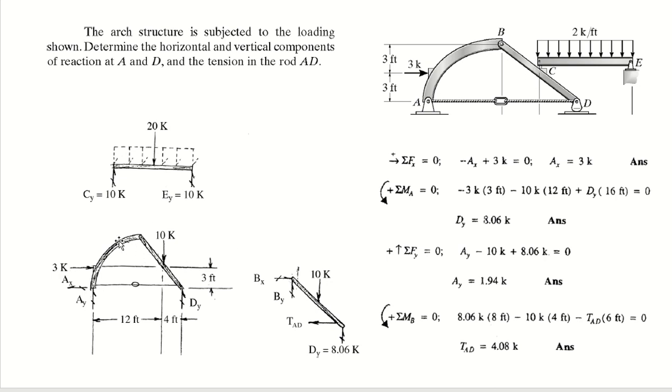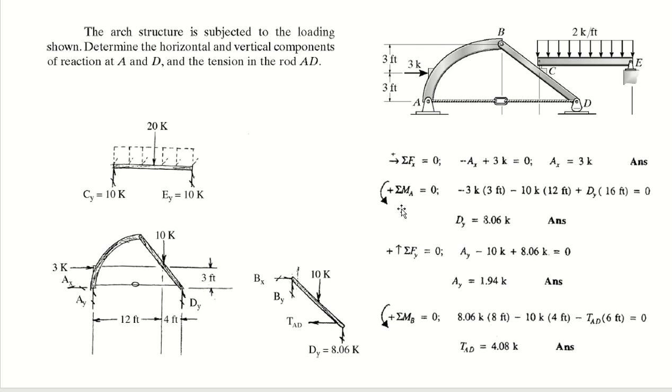Now we can form or generate this figure or free body diagram from this, where the loads are much clearer, right? The 12 feet length of 10 kip from A and 4 feet from D. The height is 3 feet of this 3 kip applied load. Now summation of Fx is equal to 0. So there is one applied load of 3 kip and one reaction, that is Ax. So we will get Ax is equal to 3 kip, right?